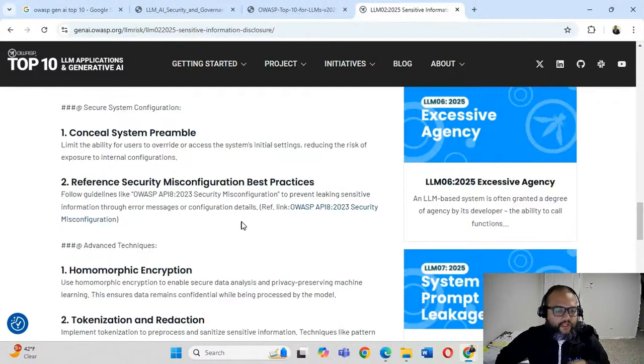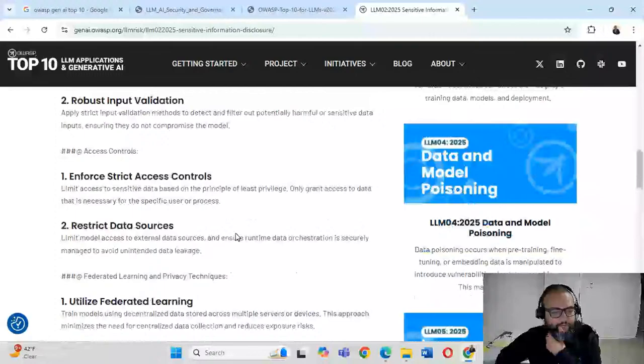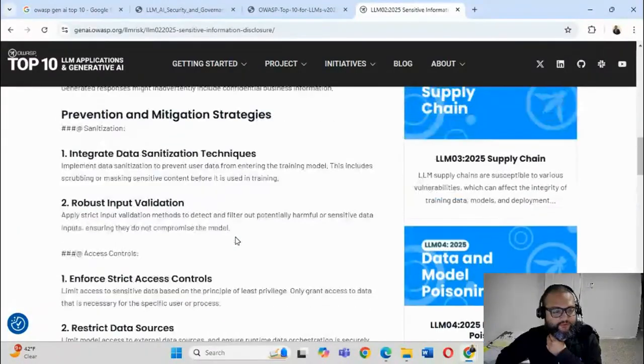Other than that, let me see if there are any other use cases. Let's think. It's telling a lot of different security controls that I can use.